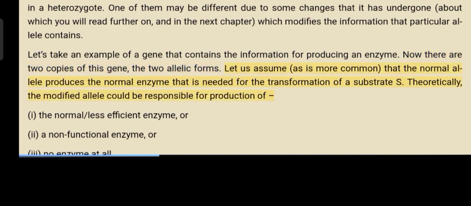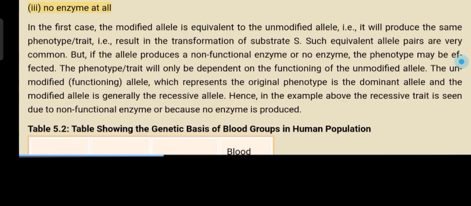Let us assume, as is more common, that the normal allele produces the normal enzyme that is needed for the transformation of a substrate S. Theoretically, the modified allele could be responsible for production of: the normal enzyme; the normal, less efficient enzyme; a non-functional enzyme; or no enzyme at all. In the first case, the modified allele is equivalent to the unmodified allele, i.e., it will